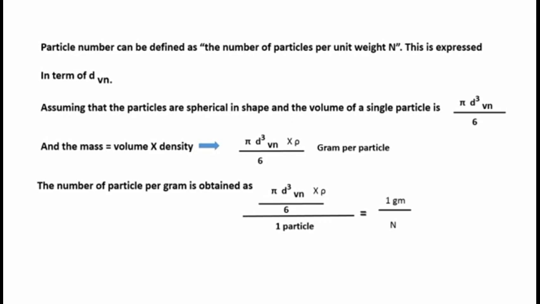Relation between angle of repose and type of flow and type of powder. If the angle of repose is less than 25, the type of flow is excellent and the type of powder is non-cohesive. If the angle of repose is between 25 to 30, the flow is good. If the angle of repose is 30 to 40, the flow type is passable and the powder is cohesive. If the angle of repose is greater than 40, the type of flow is very poor and the powder is very cohesive.